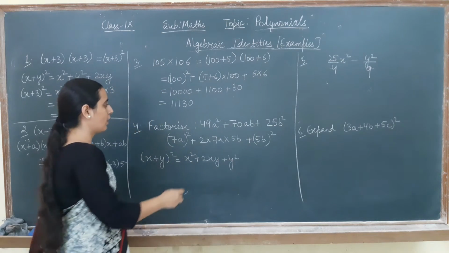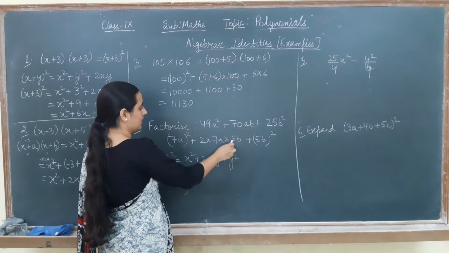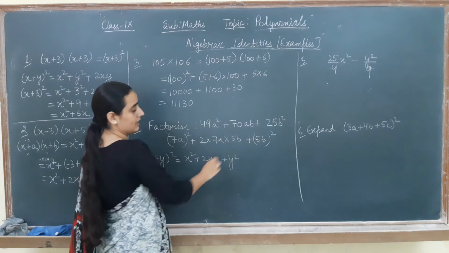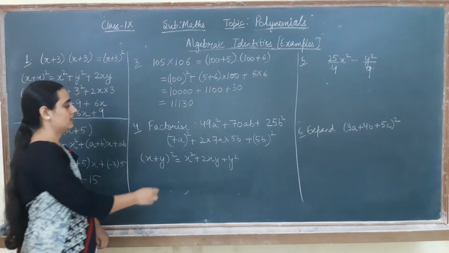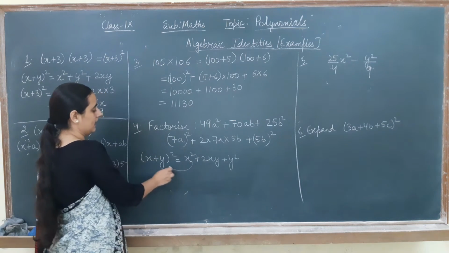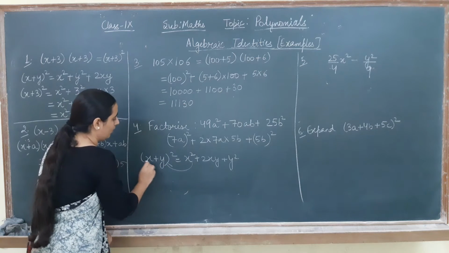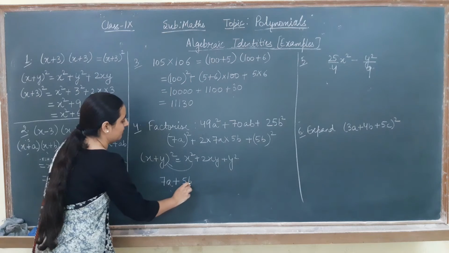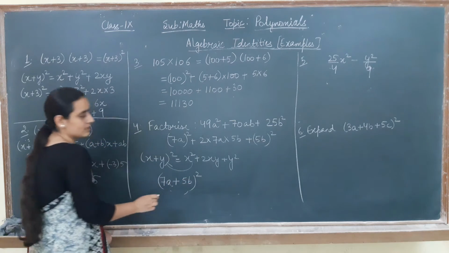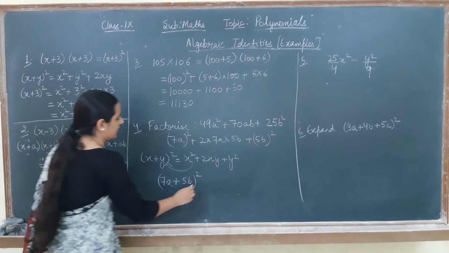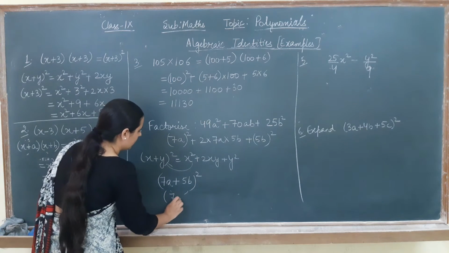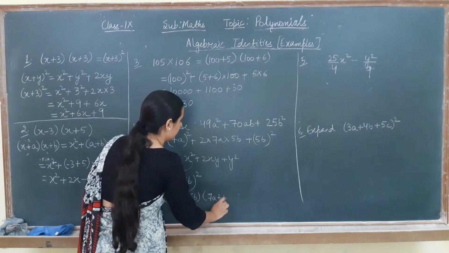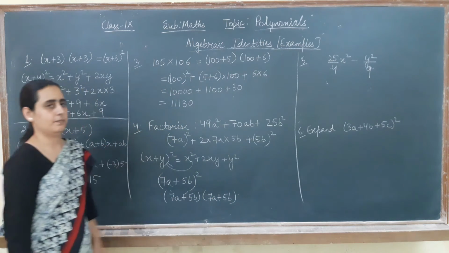Now I will check whether I am getting the same thing. You can check, 5 sevens are 35, 2s are 70ab. Yes, we are getting it. That means this form I can write in this way. So this is equal to (x plus y) whole square, x is 7a, y is 5b, whole square. Because it was factorized, we can write it in this form also: (7a plus 5b) 2 times, (7a plus 5b)(7a plus 5b).